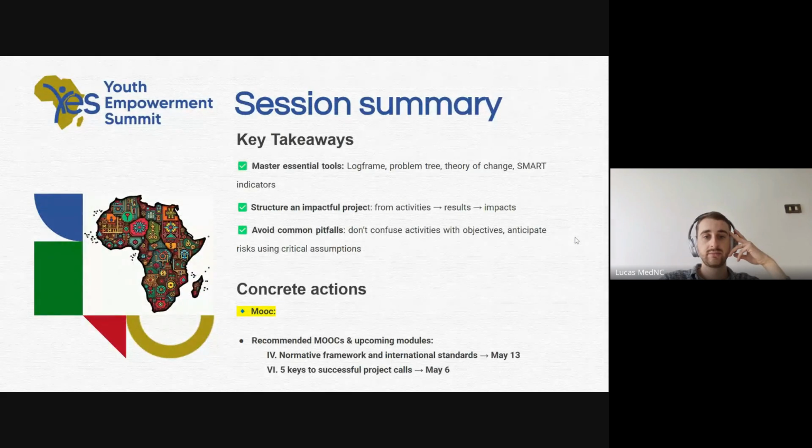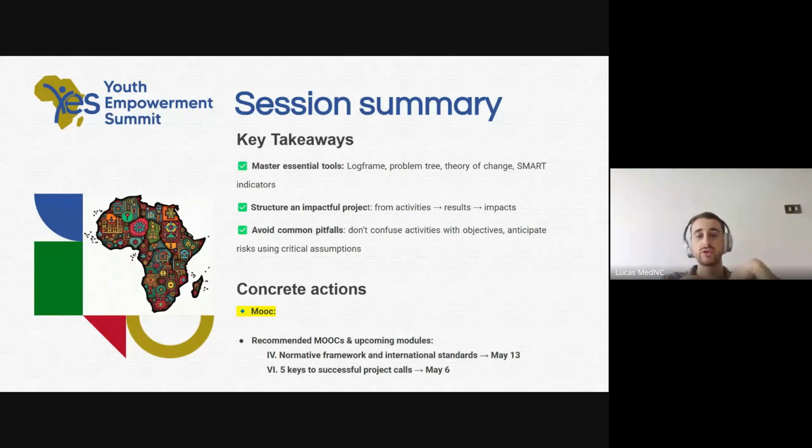I'll just sum up very quickly. This is the last slide, what we just said. The key takeaways are that now you know what a complete log frame is, the problem tree and the theory of change, always keeping in mind that the SMART objectives and the indicators are your main focus.